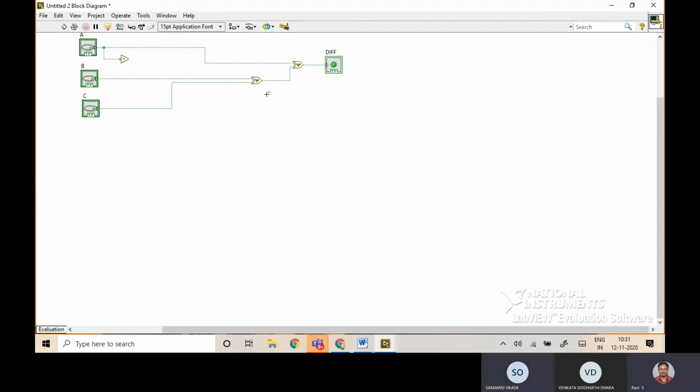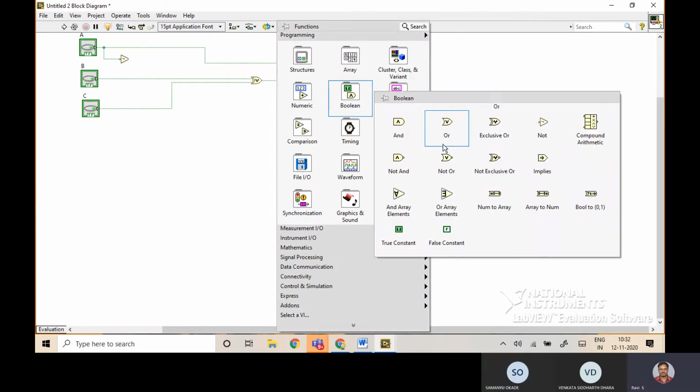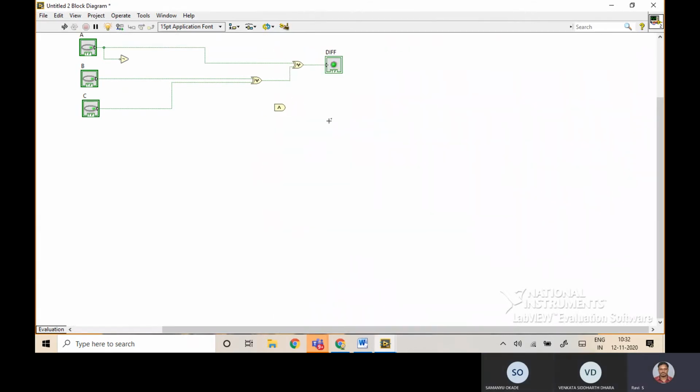Now B XOR C is the variable, so for that an XOR is required. First multiplication, A bar into B XOR C, correct? A bar is ready. B XOR C is already available, so connect with B XOR C.